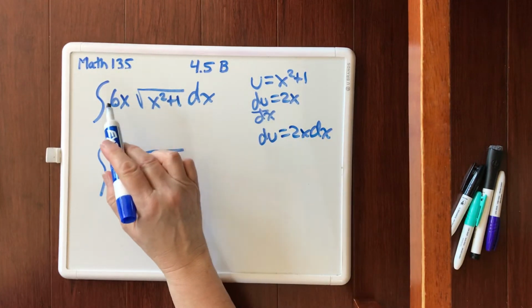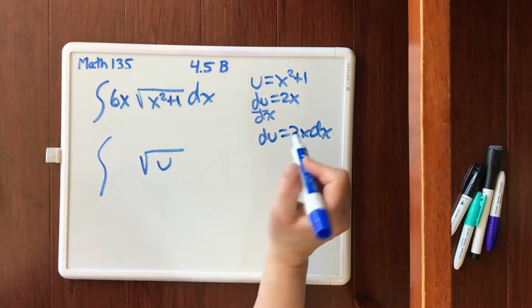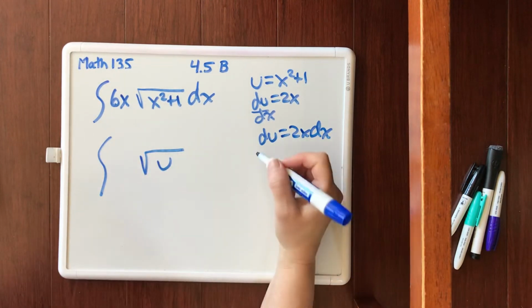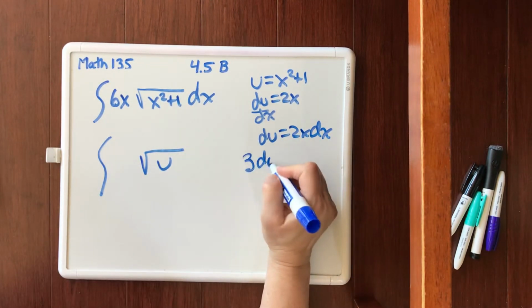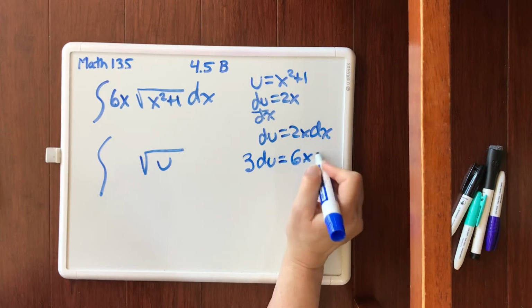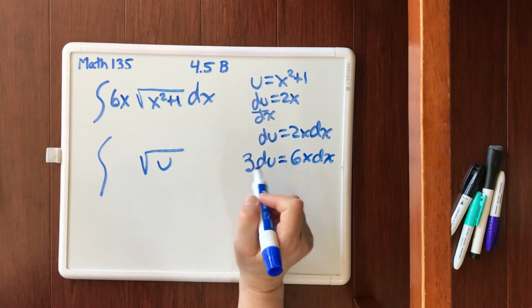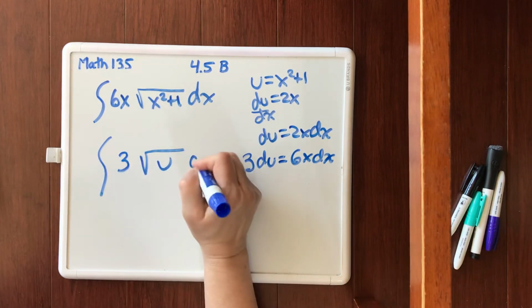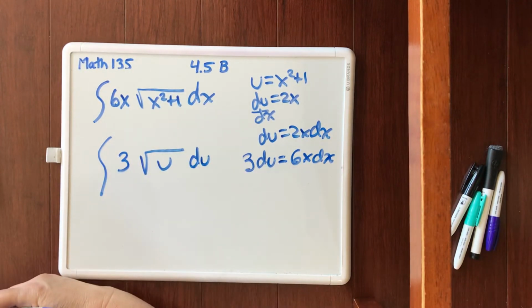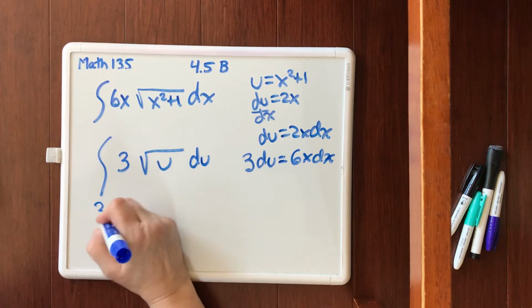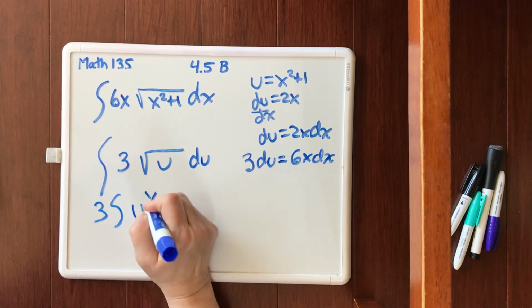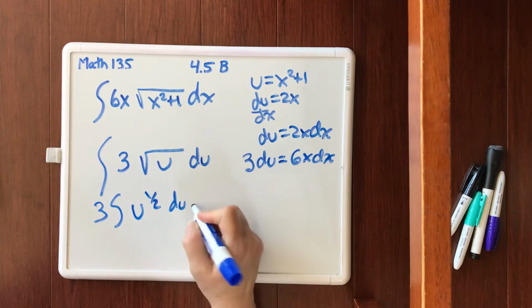We've got a 6x. A 2x is not a 6x. So what we need to do is multiply both sides by 3, and we get our 6x dx. So now we have to use 3 du. So I'm going to put my 3 here and my du there. Okay, so we can go ahead and pull our 3 out, change our u to 1/2 du, and begin to